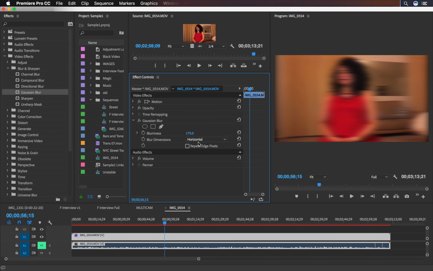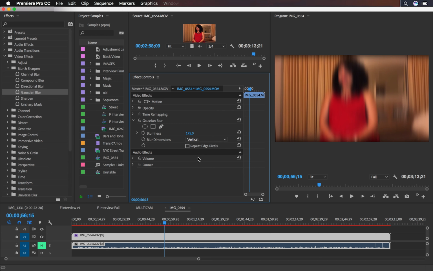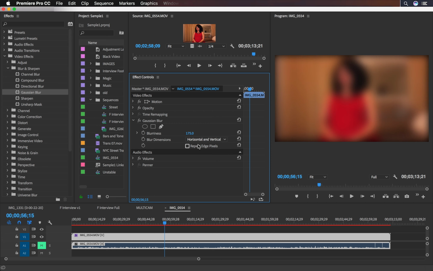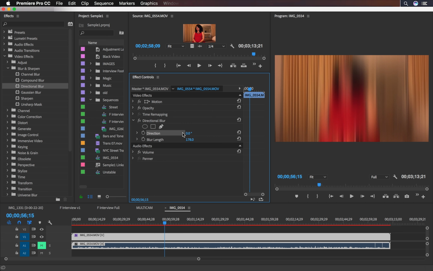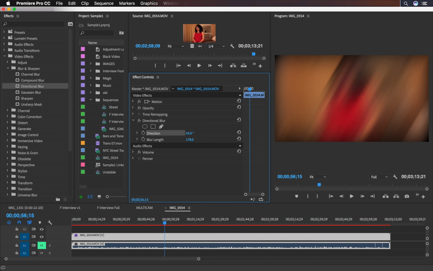You can blur just horizontally or just vertically if you're looking for that kind of look. Normally, I want them both blurred, and I want to repeat edge pixels so there's not a vignetted look. For something different, you can use directional blur. This is similar to what we saw in Gaussian blur, but you can go in any direction that you'd like,